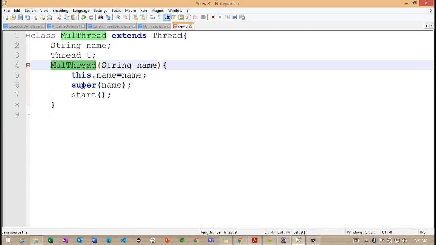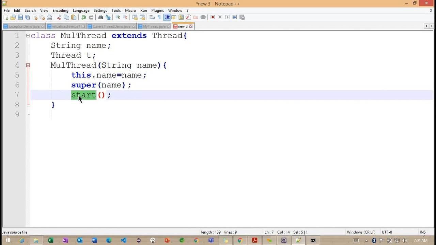Finally, we are calling the superclass constructor and one more method, the start method. What does this start method do? It starts the new thread.